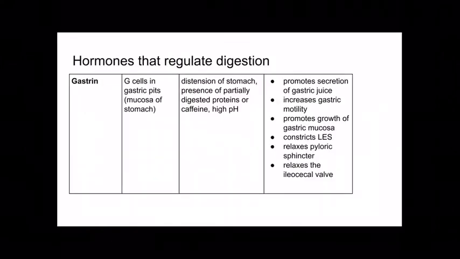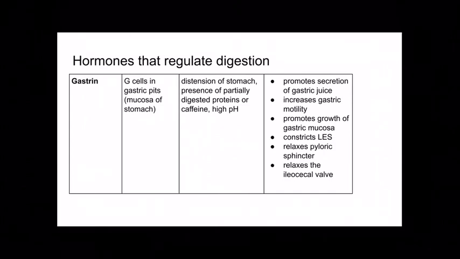Let's go over the hormones that regulate digestion. Hopefully we're doing okay on time here. Okay, so we're just going to look at three hormones here that regulate digestion. We've seen these already, and there are more hormones, but these are three that do a lot of that regulation, and these are hormones that play into the phases of digestion that we were just looking at. This is a chart on page 13 in your notes, and this chart just goes row by row